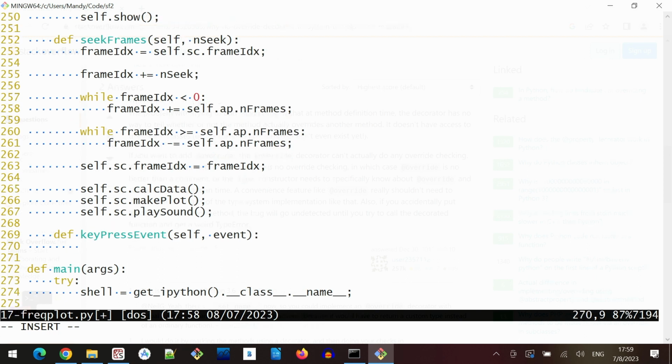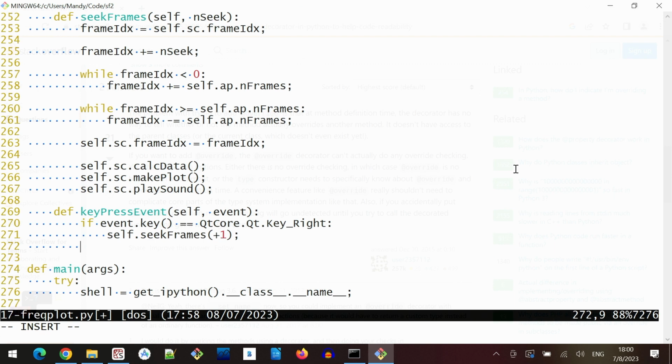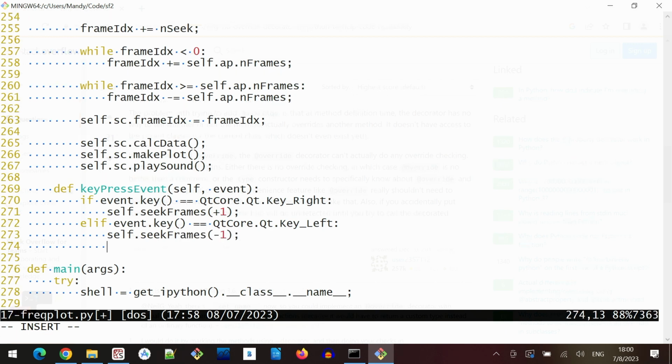Okay, if event.key is qt_core.qt.key right, then self.seek frames +1, so the right arrow will seek by 1. elif event.key equals qt_core.qt.key left, self.seek frames -1,